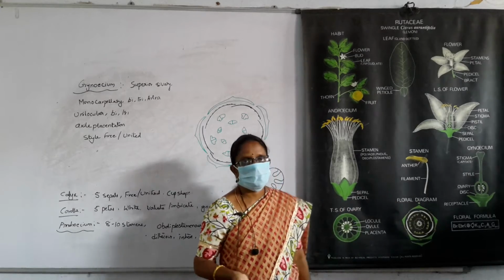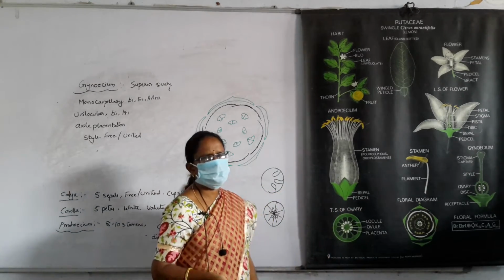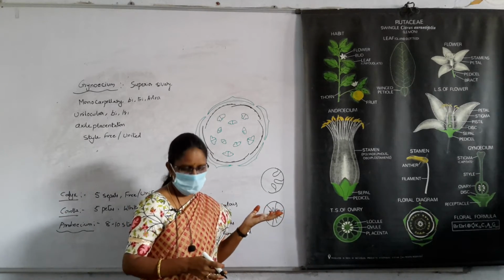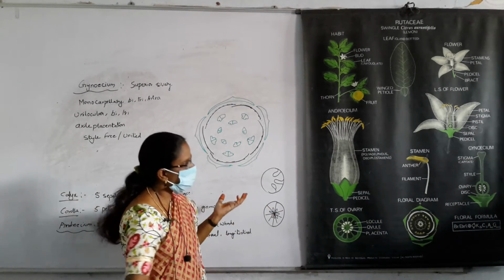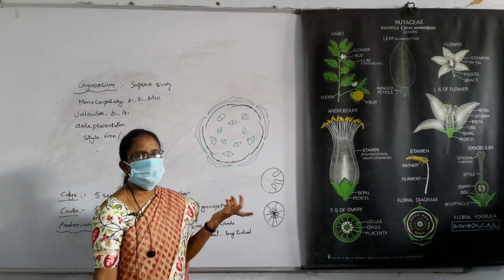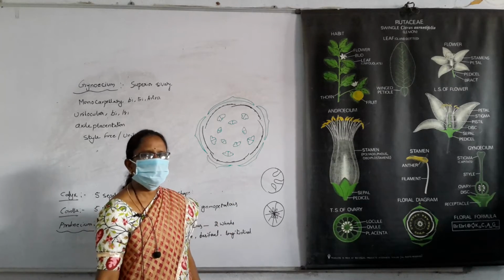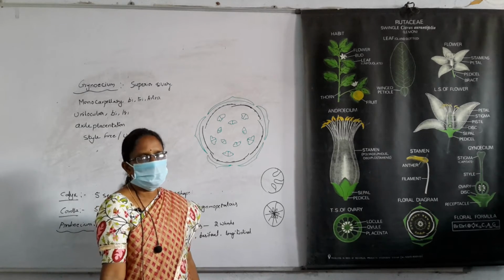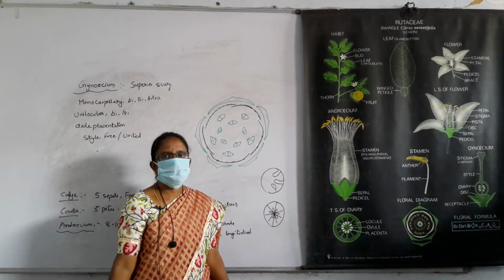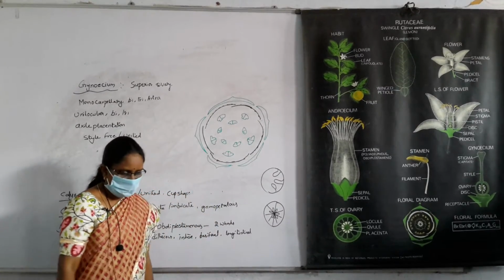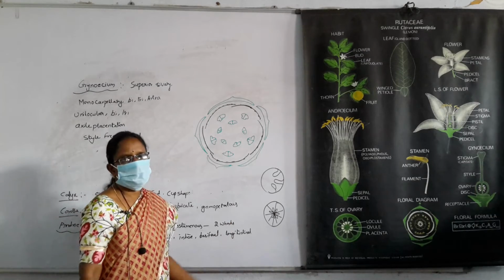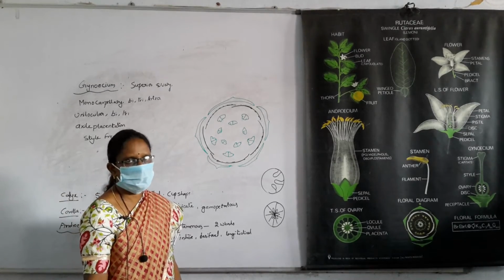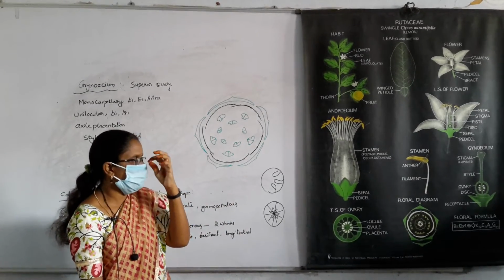This is the normal Rutaceae family. On economic importance, these family plants are normally edible plants. Citrus plants, Kamala, lime are mostly edible, and some types of oils are also produced from different plants. Rue oil and different oils are extracted from Rutaceae plants. Some citrus plants are used as medicinal plants. Murraya koenigii is used as curry leaf, and some plants are ornamental. This is the economic importance of the Rutaceae family.